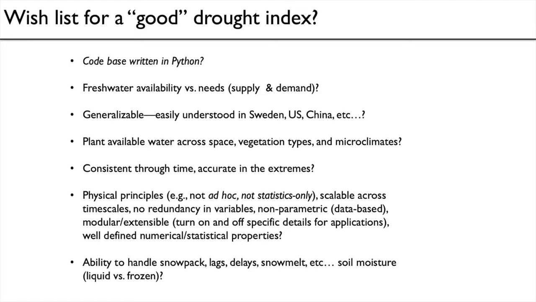If you're going to go the drought index route, you may have to consider these and other questions about the appropriateness of the index. And a theme that we'll keep coming back to is that there's no one perfect tool for drought research. There are many different types of tools, each of which are powerful in their own right, each of which are useful in their own right. And it's sort of like comparing a saw and a hammer, right? A saw is good for some things and a hammer is good for others, but you wouldn't want to try to use a saw to do a hammer's work, or vice versa. And the same applies to drought research. And what we're going to be talking about for really most of the rest of the course are the tools and their strengths and limitations and appropriateness for different types of questions.